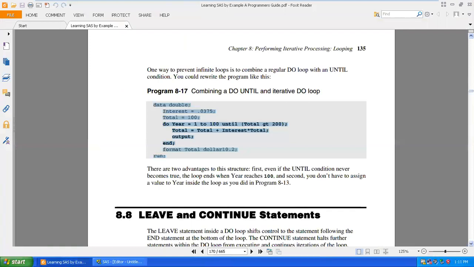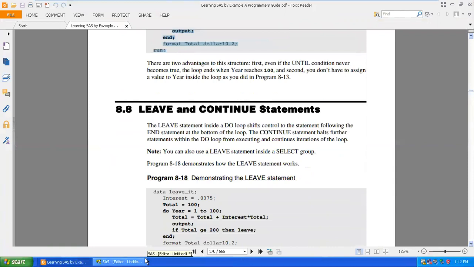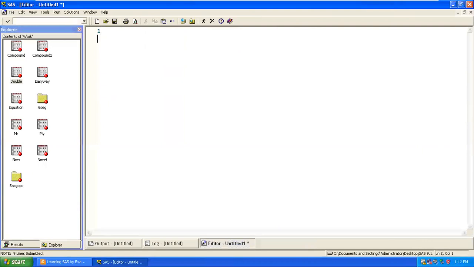So now the last one is leave and continue. This is the simplest. I'll explain here. So you have 1, 2, 3, 4, 5, 6. In the case of leave, I'm saying leave this and continue.